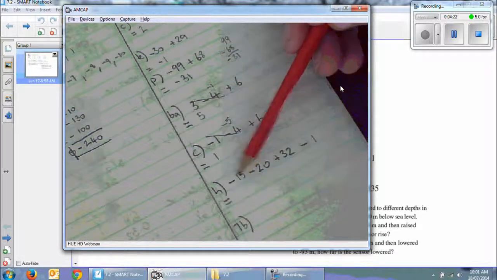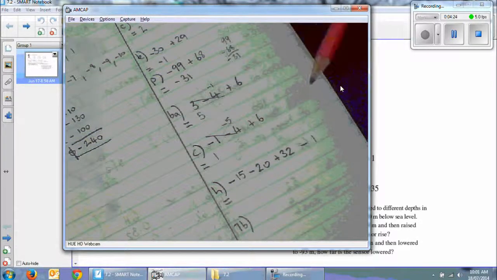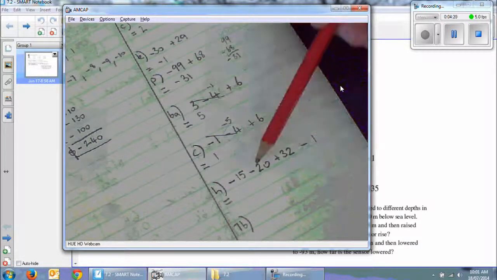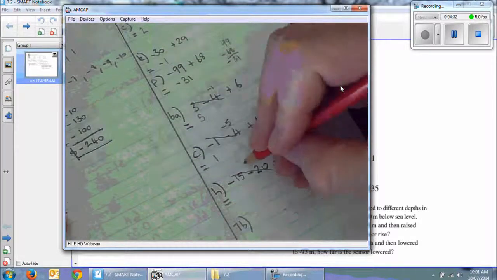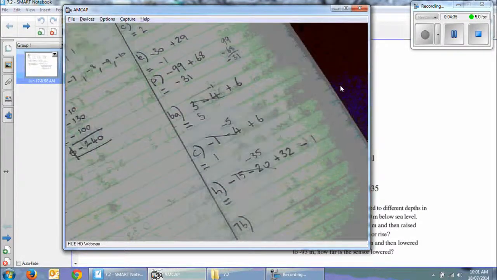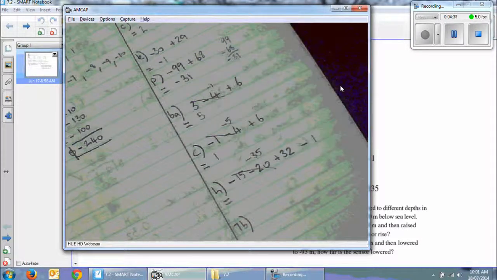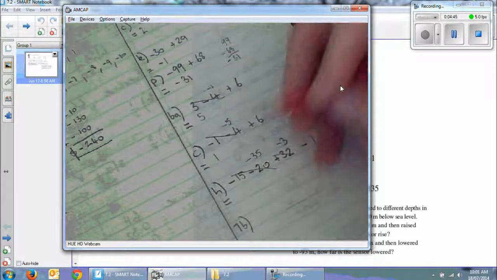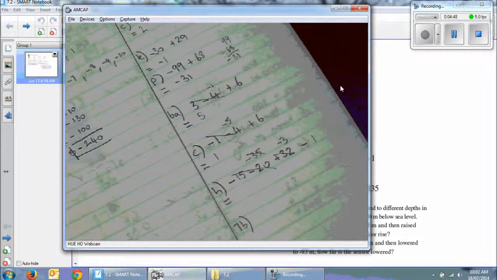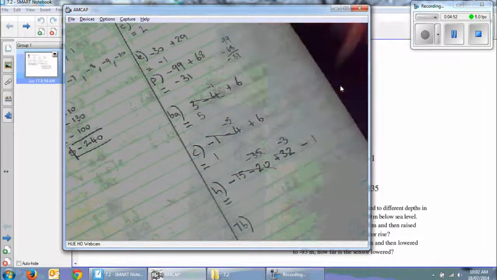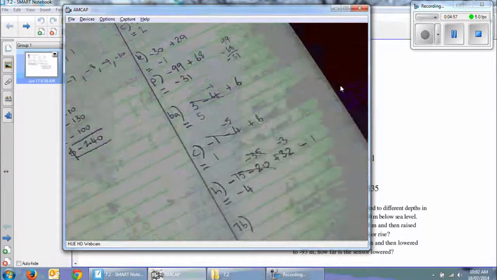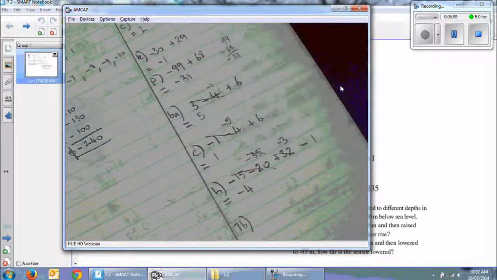If we have a look at H, I've got -$15. Then I take out another $20, which means I now owe -$35. I make a deposit of $32, which means after I deposit that, I still owe -$3. I still owe $3, and then I take out a further $1, which means that in my bank account at the end of those lists of transactions,